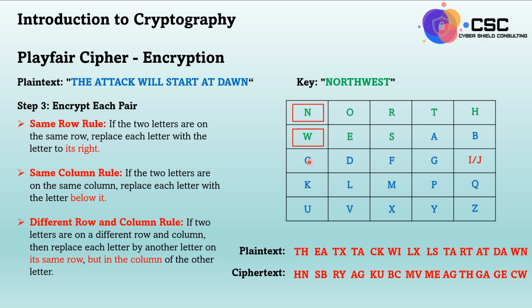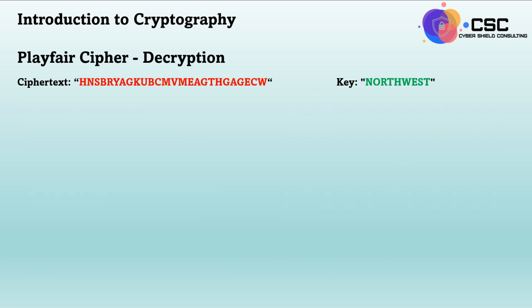So for W, below it is C, and for M, below N is W, so that's why we got CW. And that's the cipher text where we got the Playfair encryption complete. So now that we have encrypted our message using the Playfair Cipher, let's go through the decryption process to retrieve